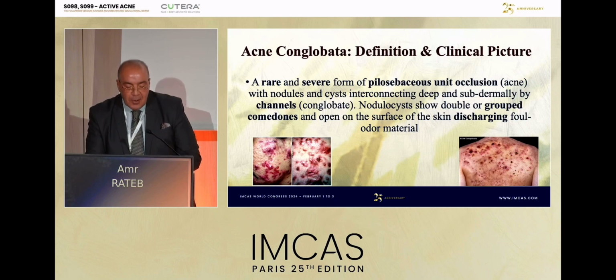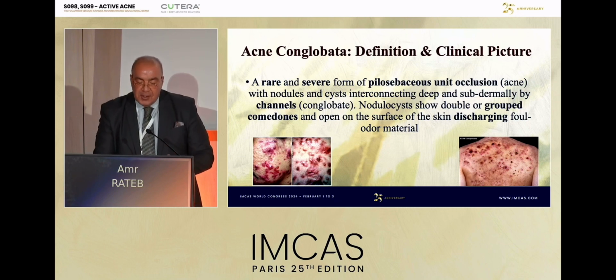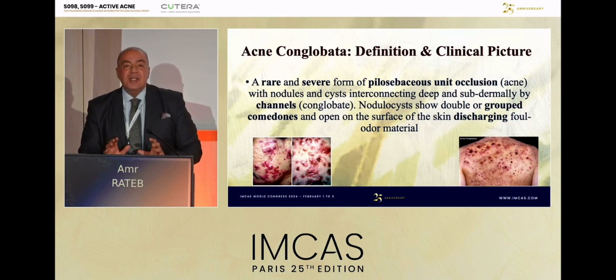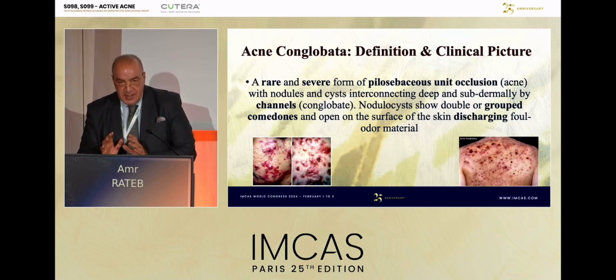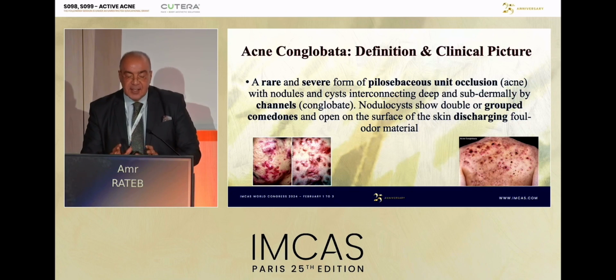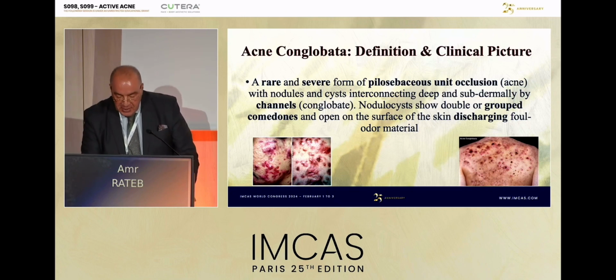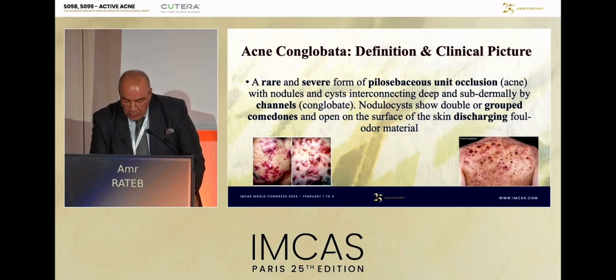Nodular cysts show double or grouped comedones open on the surface by skin, discharging foul odor material. So it has a definite clinical picture, but it is rare and severe. This rare and severe disorder